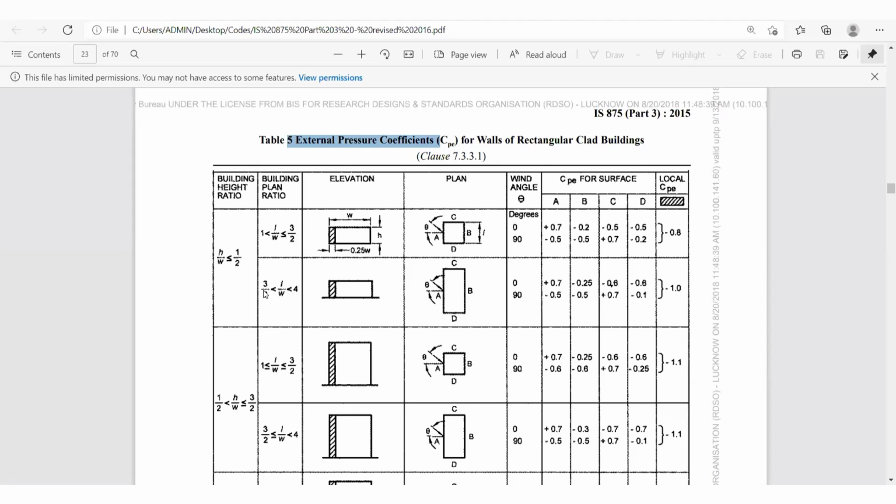So next we have to try this. So this is 1.5 less than length 30 divided by width 15, so what is that? 2. So 1.5 less than 2 less than 4. So we need to follow this table. Okay, this is the table that we need to follow for the CPE value. Okay, got it.